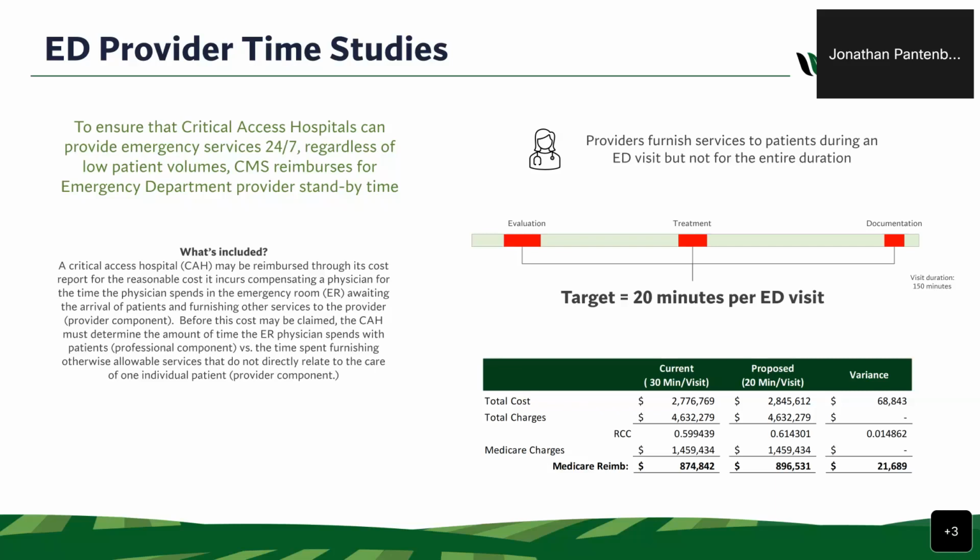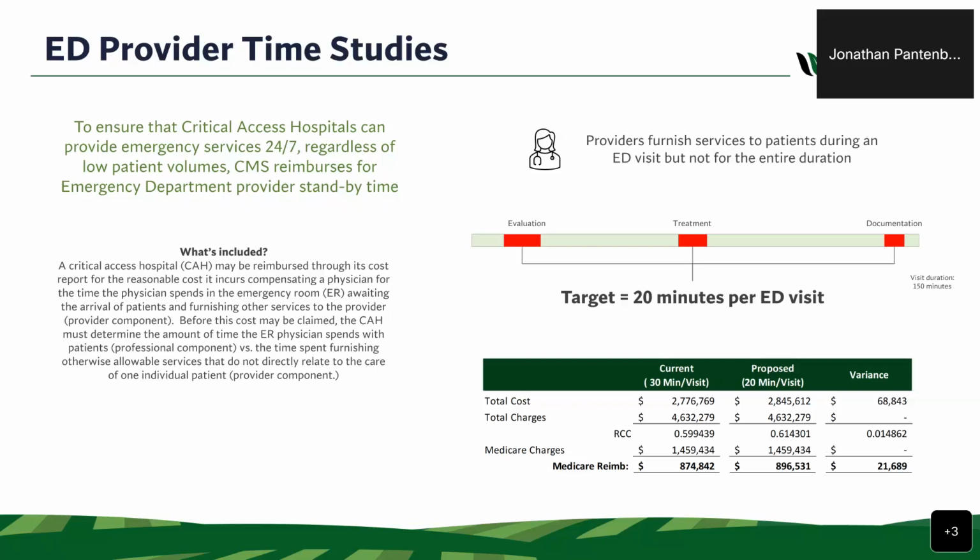per year to be 100% professional time based on 20 minutes per visit. So again, if you don't have 26,000 visits, you're going to have some proportion of standby time relative to professional time. And it pretty much goes down incrementally from there. So again, if you want to be 50-50, you need over 13,000 visits. Divide that in half. If you want to be 25%, you need to have 6,500 visits to be considered to